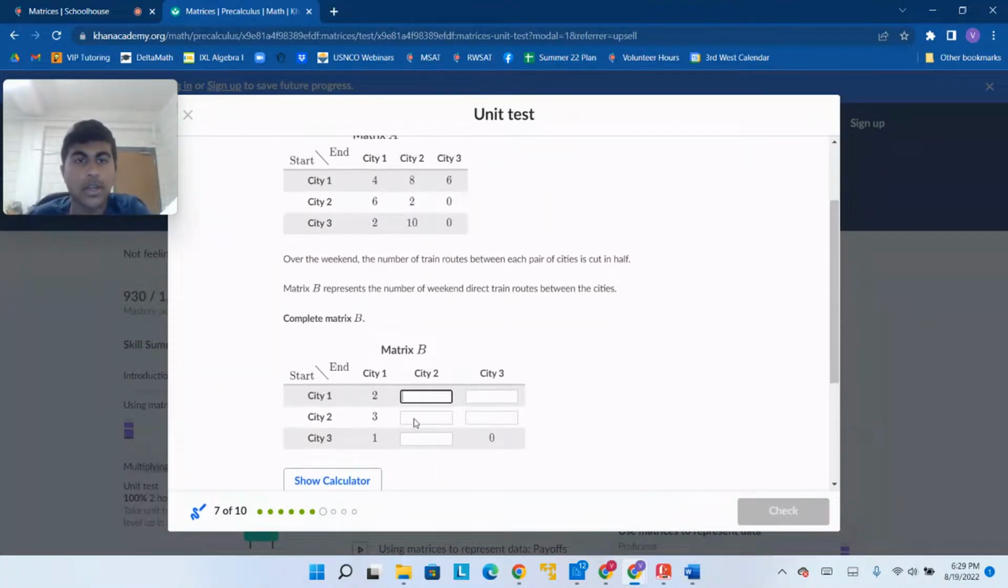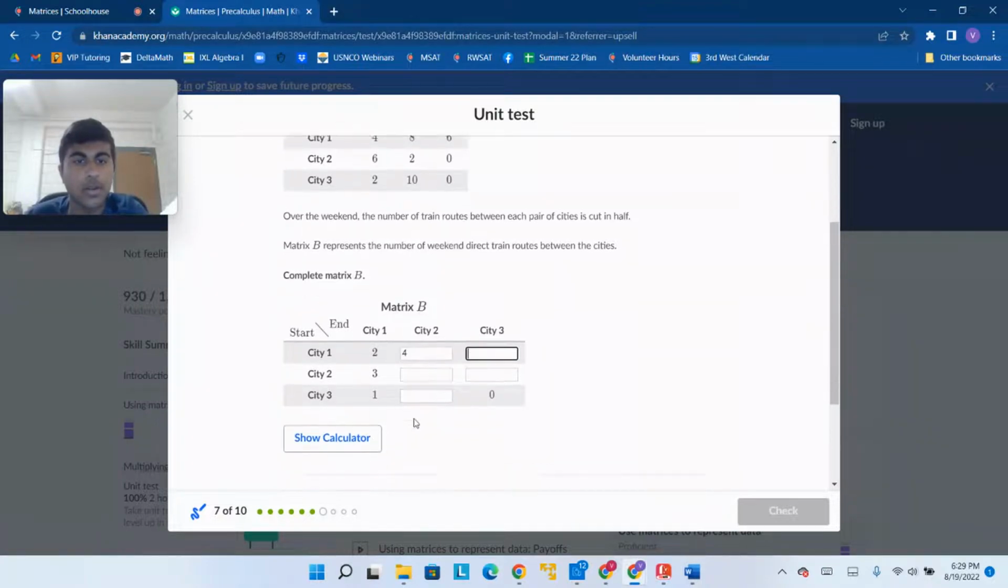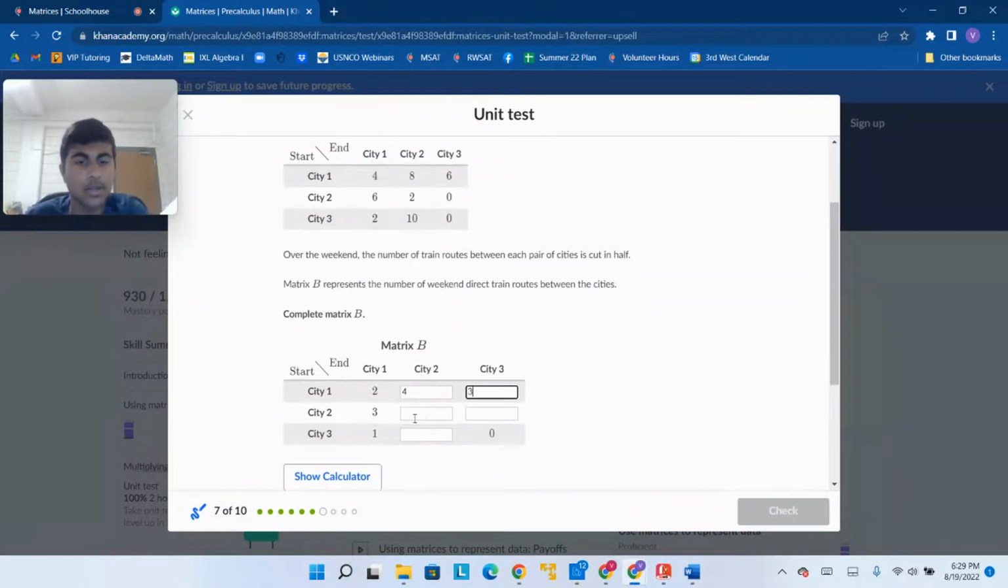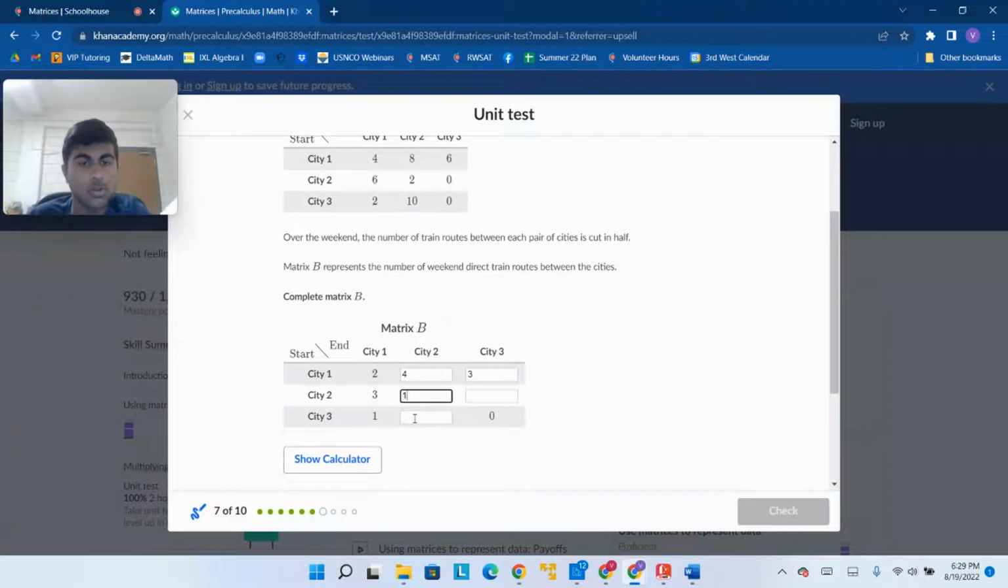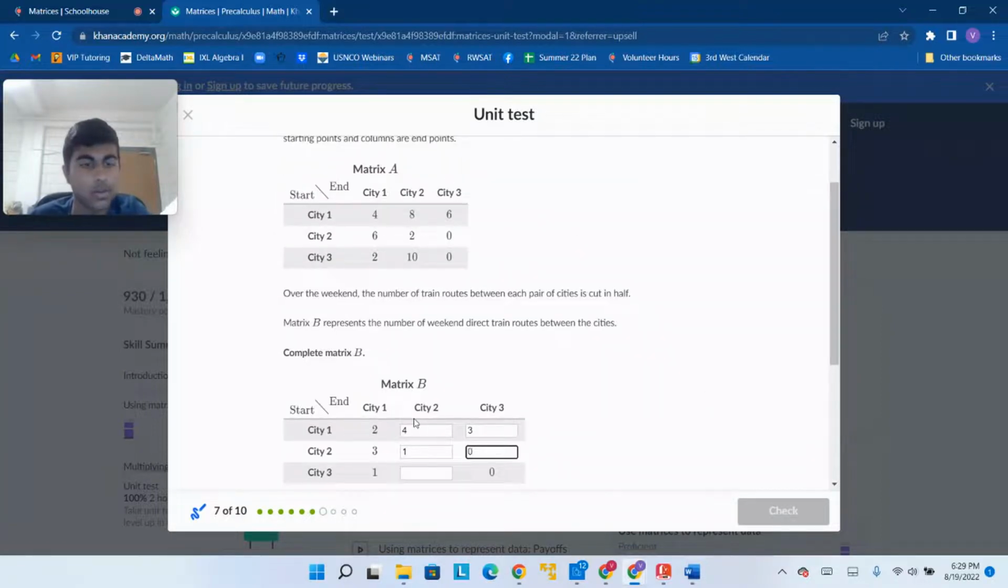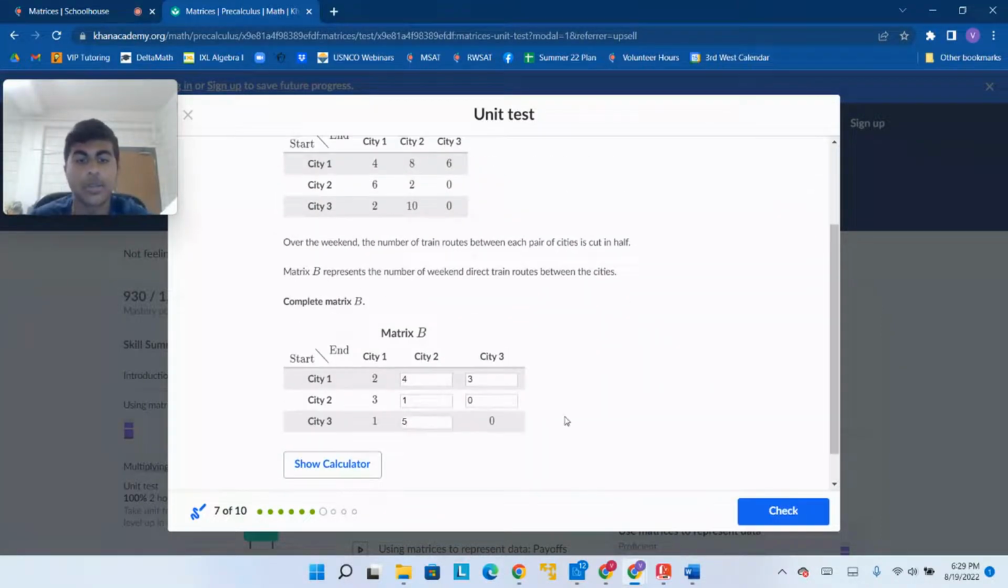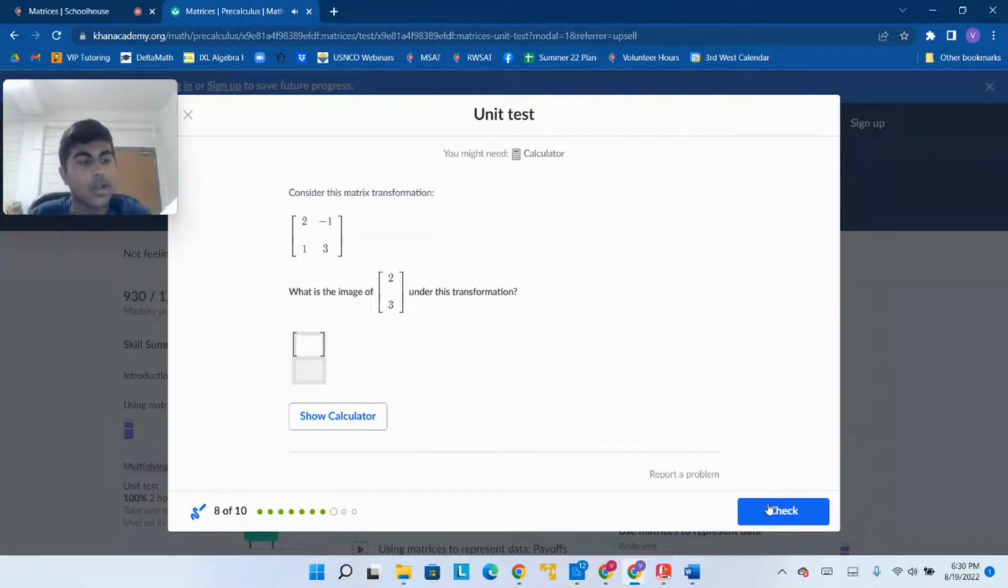So for here and here we have 8, so it's 4 now. Then there's 6, so it's 3 here. That's 2, so 1, 0, 0, 10 becomes 5. We just divided every single thing by 2. That's all we did. So now